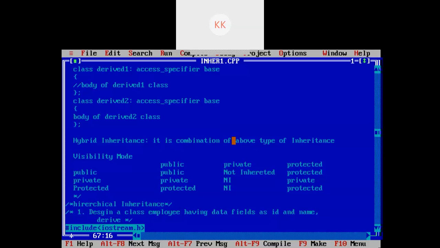Derive this class to a class department having fields basic salary and department name.